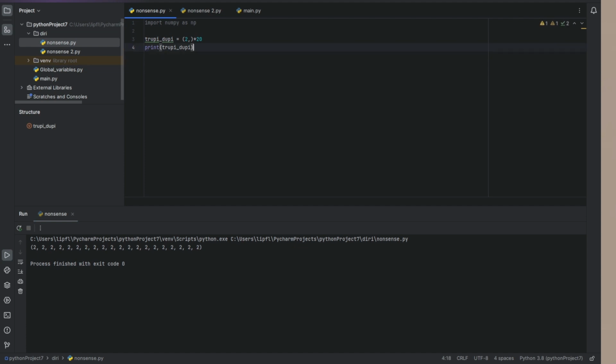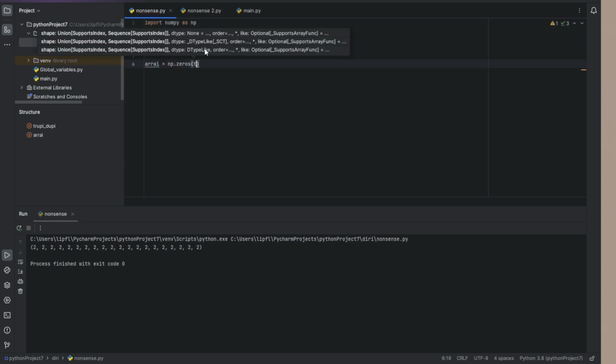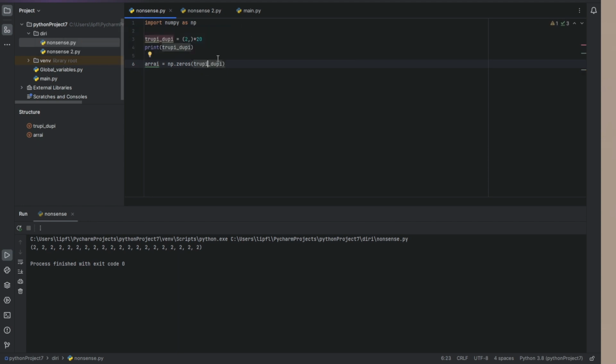So now let's create our array. Array equals np.zeros(tupi-dupi). That simply means we are creating an array. The tuple is the blueprint, as a shape, and every element is filled with a 0. Every element of the one-dimensional arrays, and the two-dimensional arrays will contain one-dimensional arrays, and so on. So the creation doesn't take much time, but now if we want to print that,